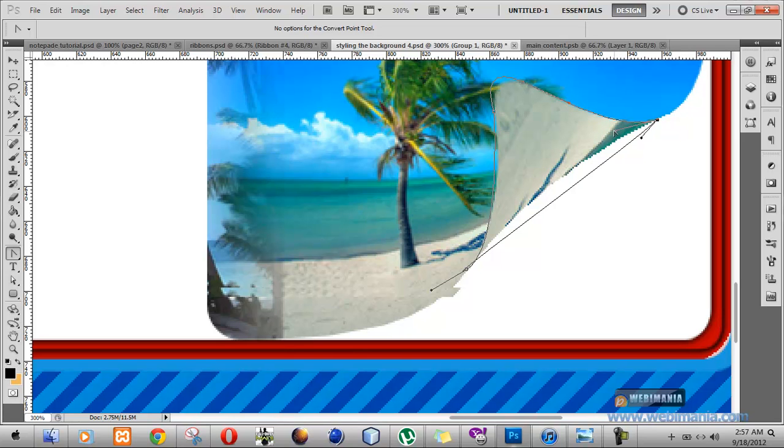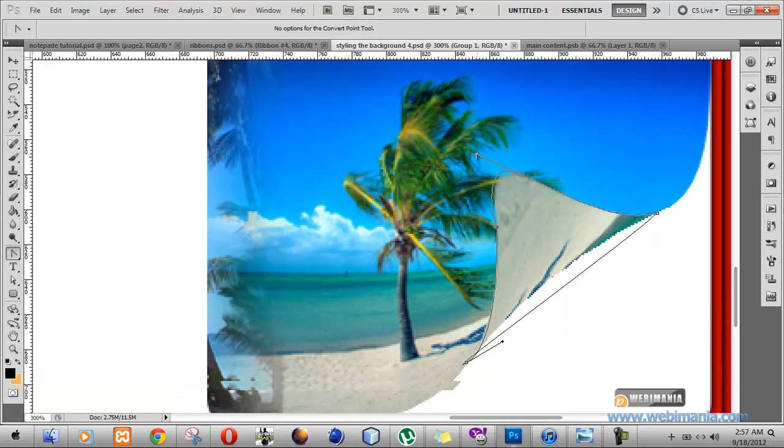Okay. Now, as for this one, nothing. We shouldn't do anything about that. Just use your arrow keys to move it aside a little bit. Then we'll need to adjust this one a little bit. Like this. Okay. To adjust this,